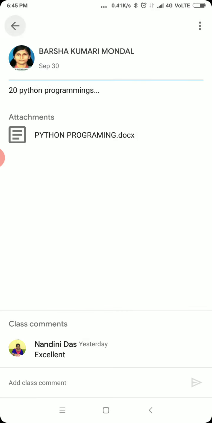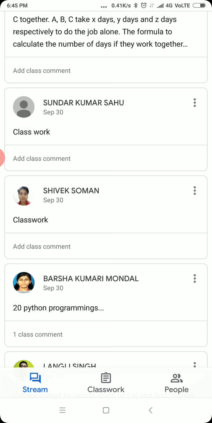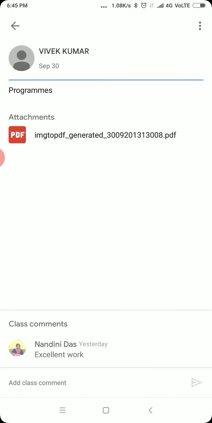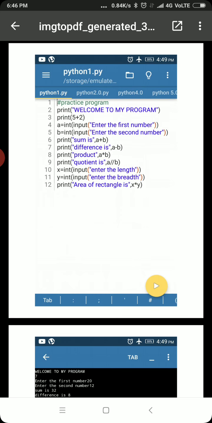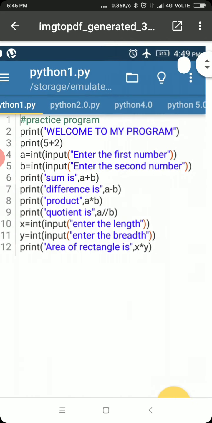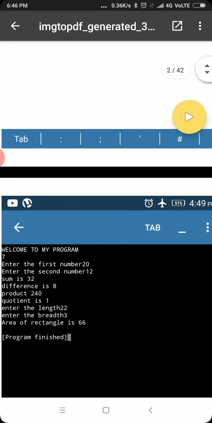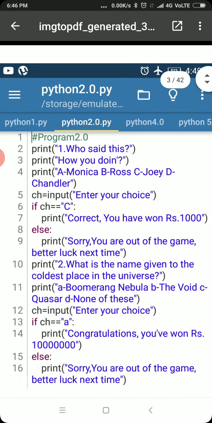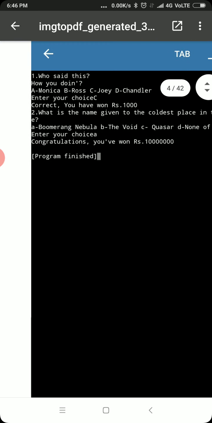Like in Google Classroom, if I go back, I can show you the students have already shared here. Suppose you are using mobile programs. Here all the programs on mobile they have shared along with the output. See how nicely they have shared all the programs along with their outputs.